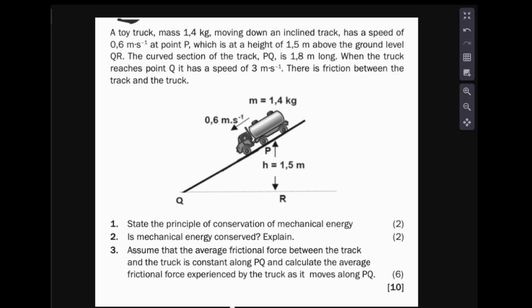Okay, the word conserved means protected from harm or loss or kept in its original state. So basically what the question is asking is, is mechanical energy protected from loss? Which is no,